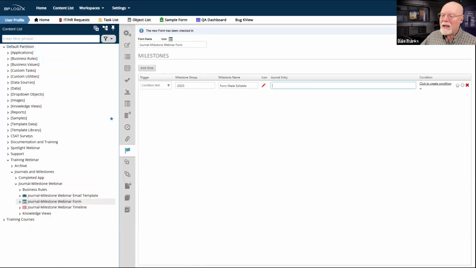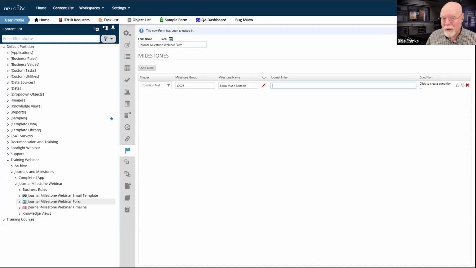And now I need to make the journal entry, which is the appropriate explanatory text that is going to appear to the end user. So in this case, I want to specify who made the form editable and when. We can use system variables here, which makes our life a little easier.